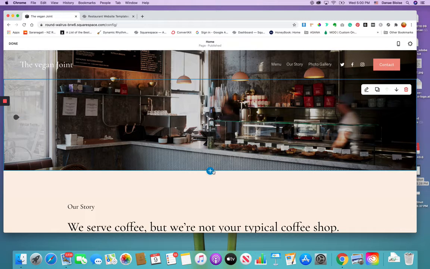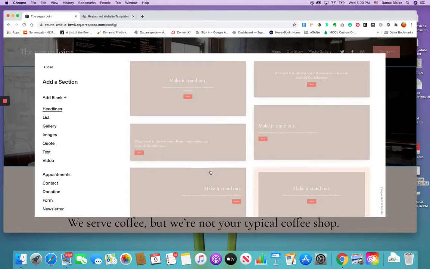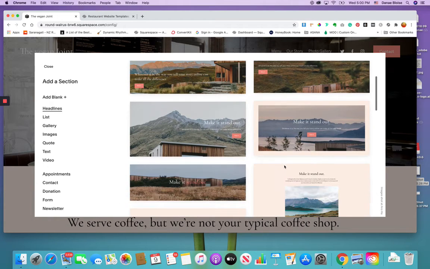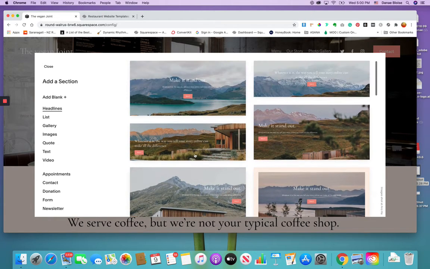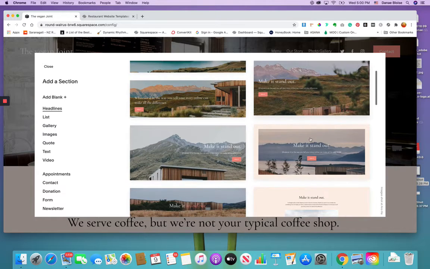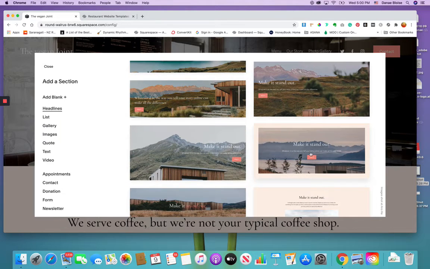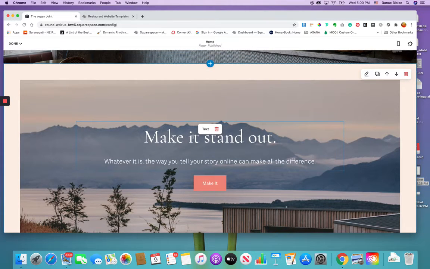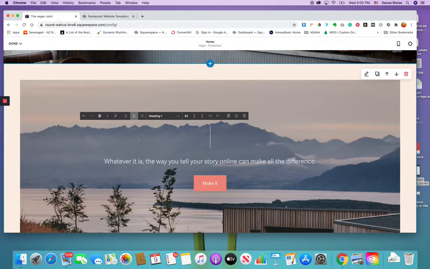How I want to do that is I click this plus button and then you can choose which layout has the text style that you want, and I'm liking this style over here. So it's got a nice call to action button right in the middle, like the way that it's centered right there. So I'm going to choose that one, and then I'm going to write welcome to the vegan